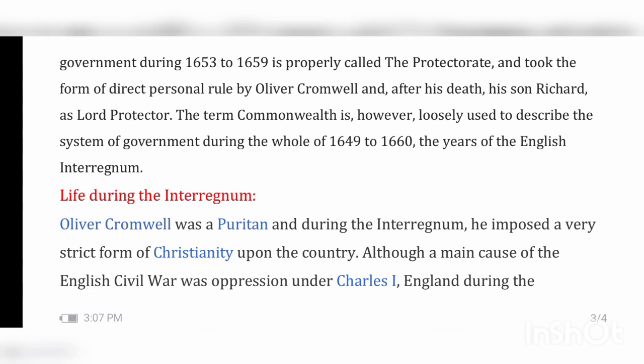So, life during the Interregnum. Oliver Cromwell was a Puritan, and during the Interregnum, he imposed a very strict form of Christianity upon the country. So he imposed rules that every Sunday, when the children wanted to play, he said no, it's not for an enjoyable day. It's a prayer day where people can peacefully pray in the church. So this rule was also imposed